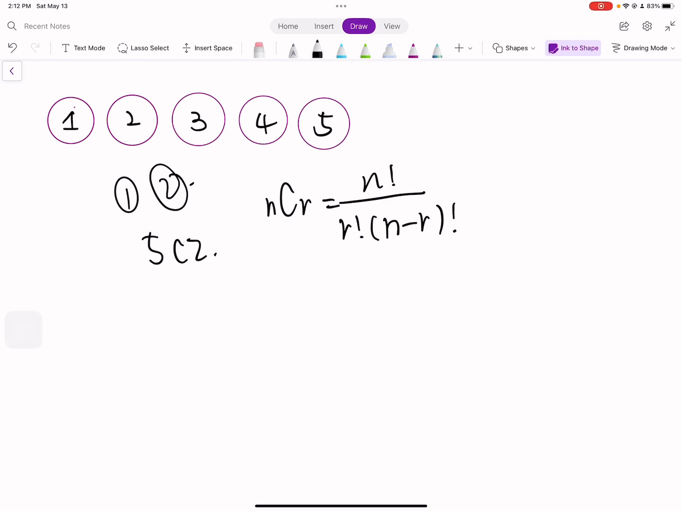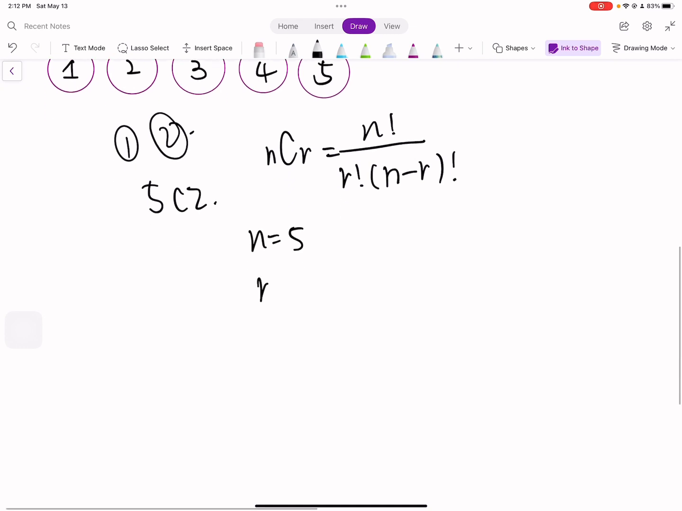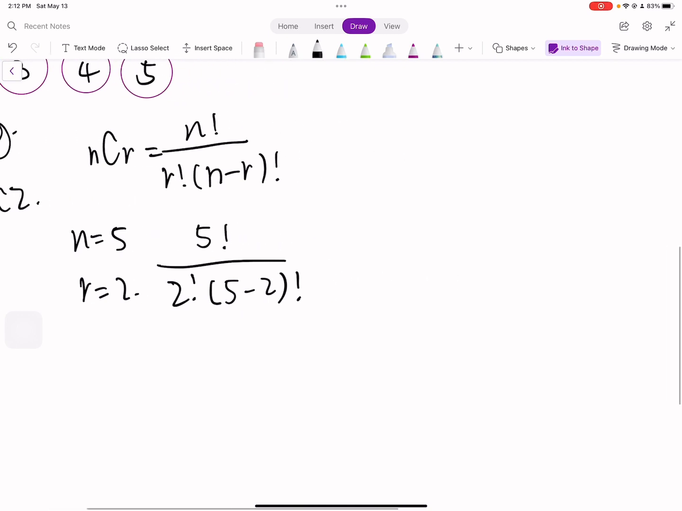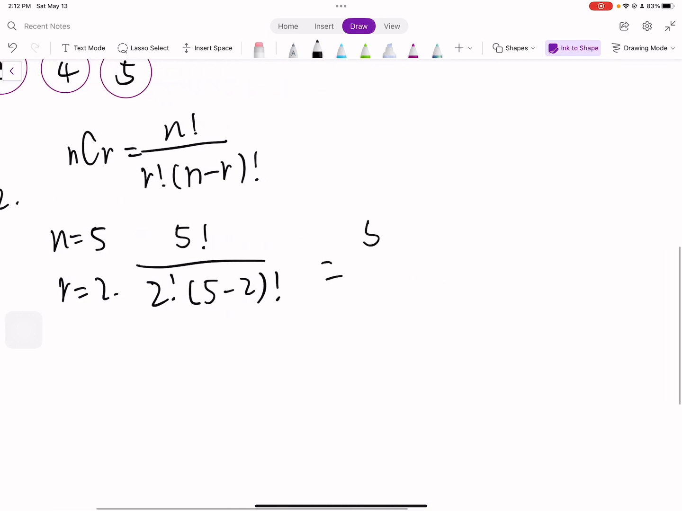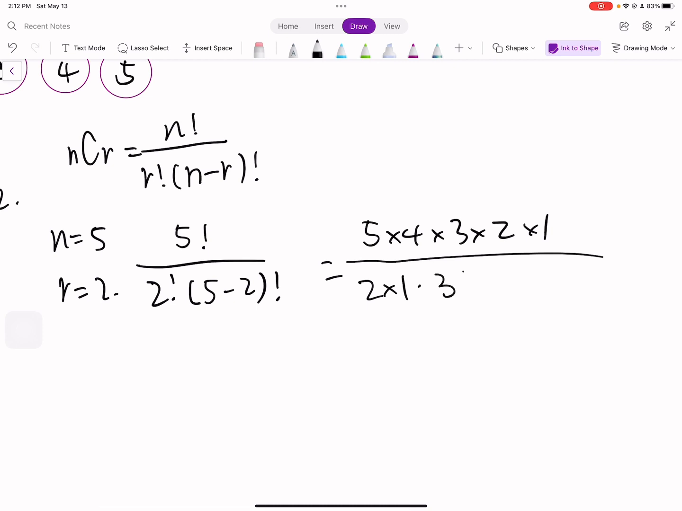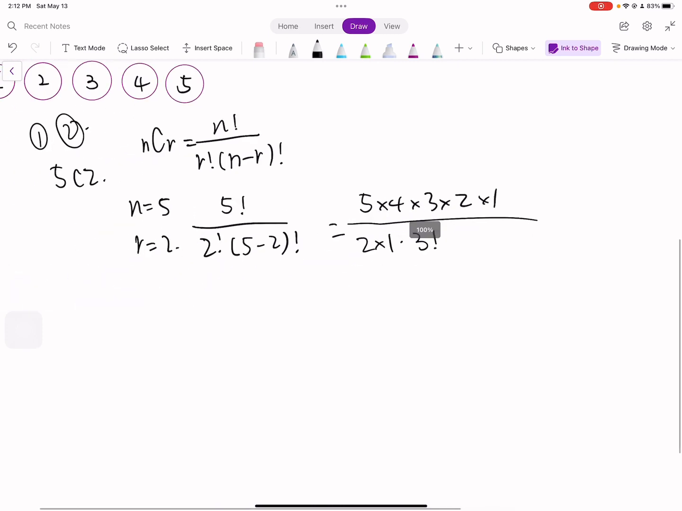Now we know that in this case n is 5 and r is 2, so we basically just plug in numbers. n is 5, so here is 5 factorial over 2 factorial times (5 minus 2) factorial. This basically equals 5 times 4 times 3 times 2 times 1 over 2 times 1 times 3 factorial, which equals,